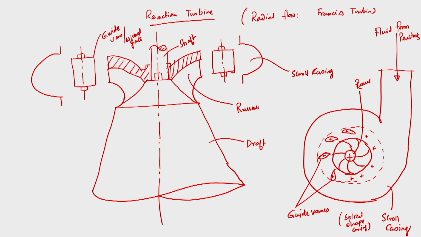So, before we go to discuss this, first water will come from the penstock, it will move through the scroll casing where velocity will remain constant, then water will go to the runner, and whenever it is going to the runner, it will pass through the wicket gates. Now, wicket gates or these guide vanes are pivoted by a suitable mechanism. We can have all of them tuned at a time to alter the direction or quantity of water.